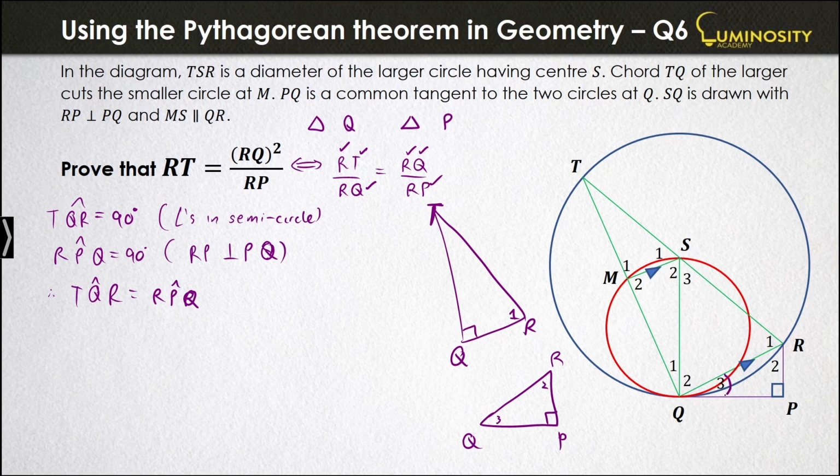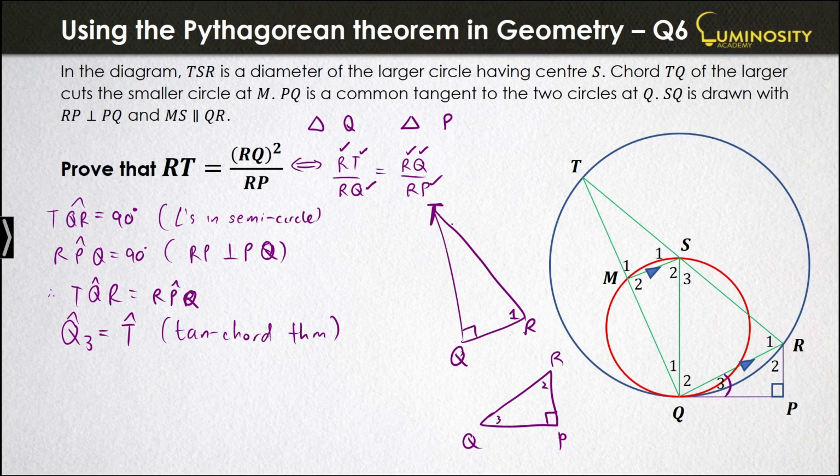That angle lies between a tangent line QP and a chord QR. And if I use the tan chord theorem, that subtends to the point T. So I can say that angle Q3 equals angle T, and that's from the tan chord theorem. All right, so angle Q3 in triangle RQP must be equal to the angle T here in